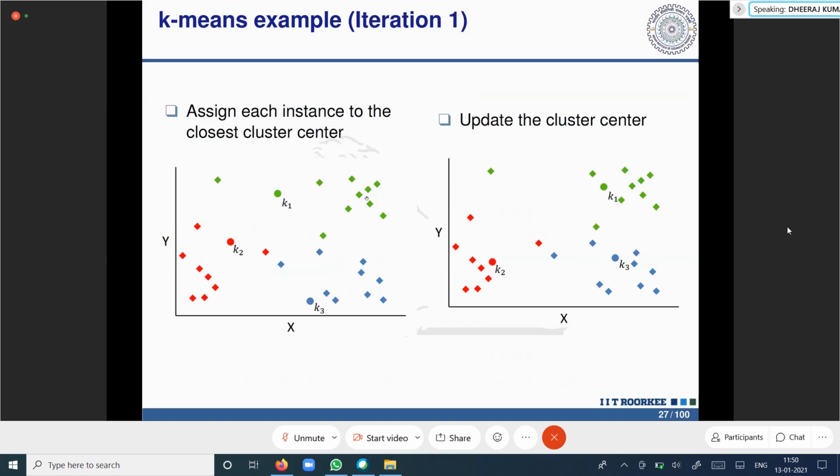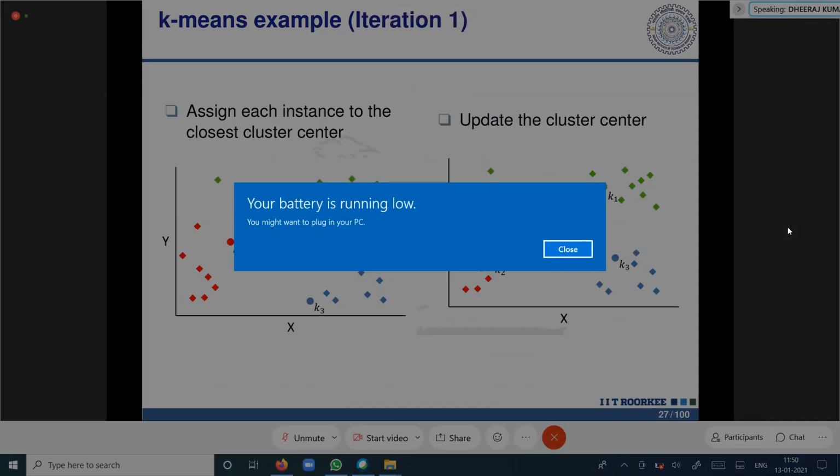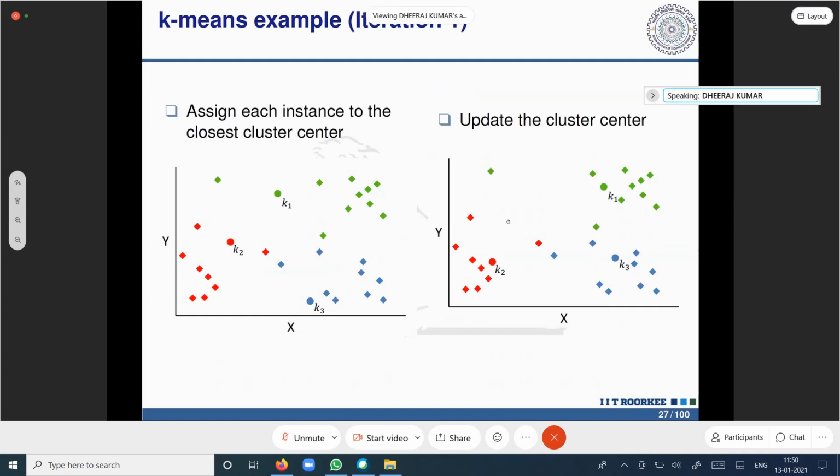All these green squares are closest to K1, so they are assigned to the green cluster, and similarly for blue. So this is after the first iteration. You assign all these points to these clusters, and then you update the cluster centers. Once all these points belong to this cluster, you update your centroid. K2 was here. Once you have all these points, you find the new centroid with